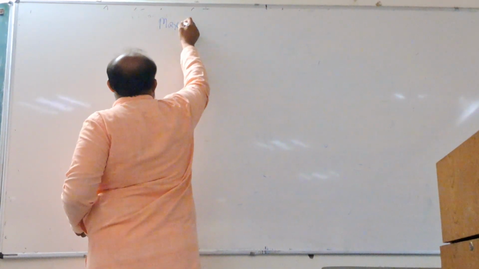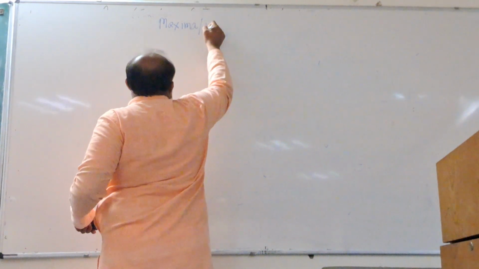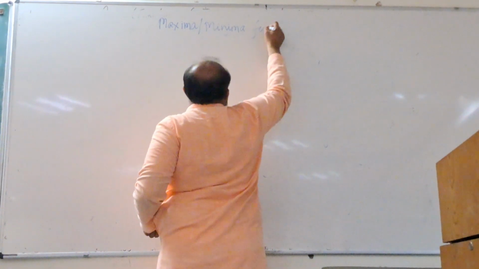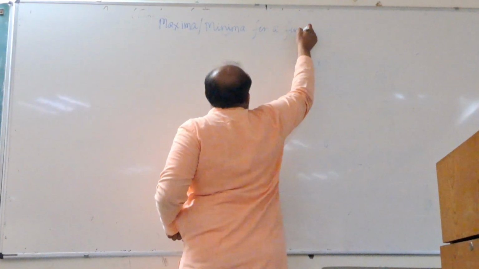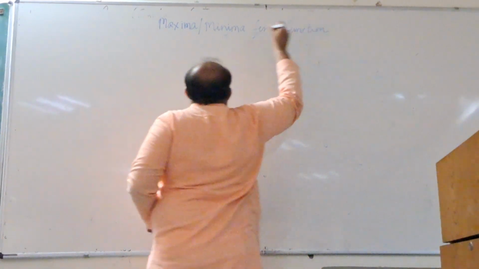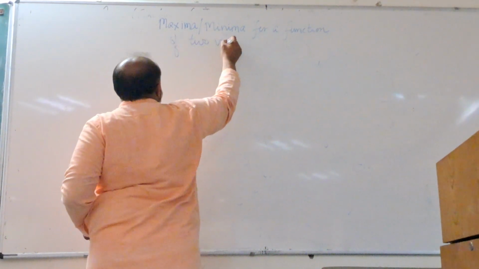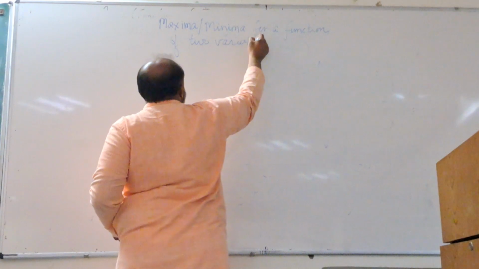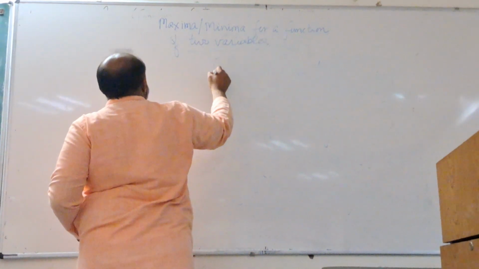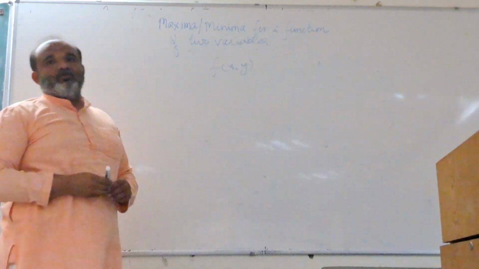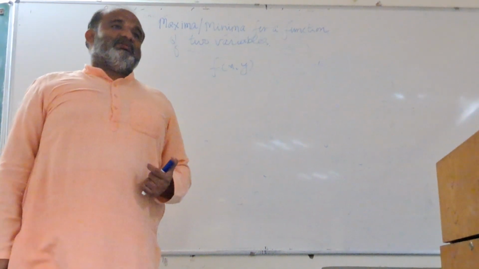Now the next topic is maxima or minima for a function of two variables, and of course let f(x,y) be the function for which we are going to investigate the existence of a point